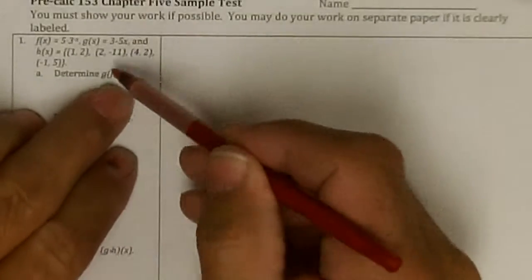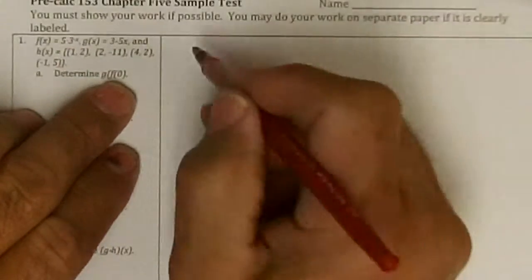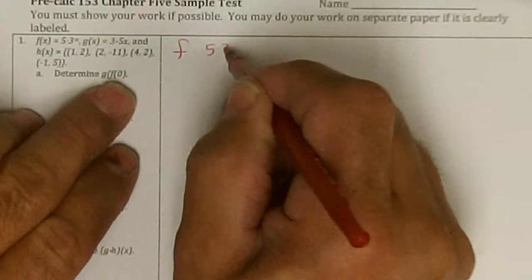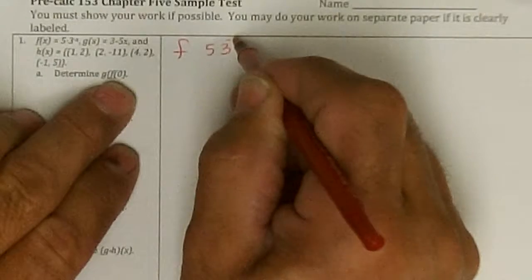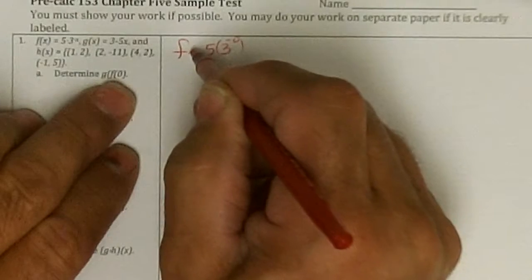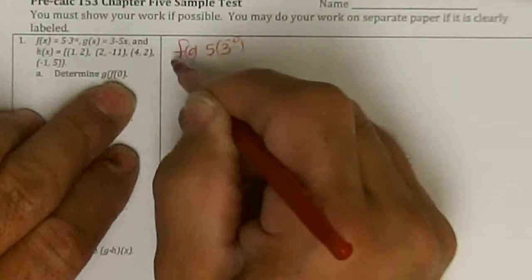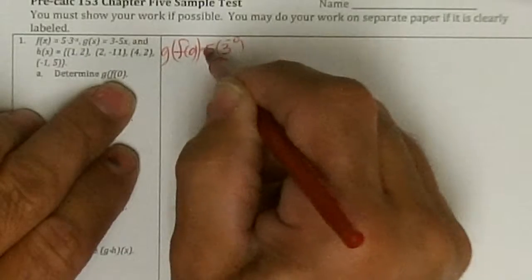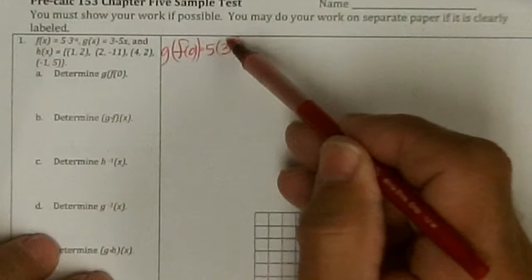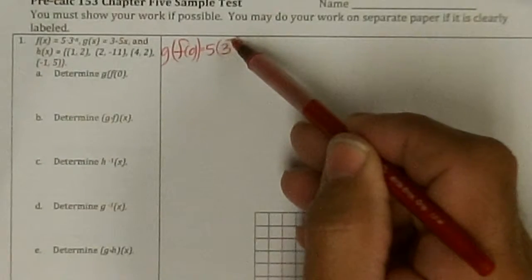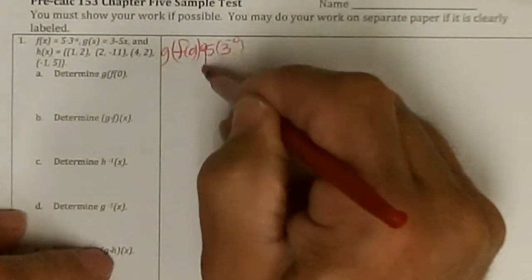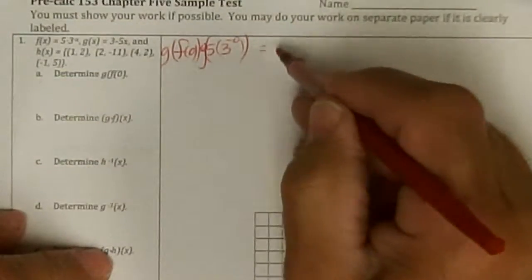So that means put 0 into f, and f is 5 times 3 to the negative x, so it'll be negative of 0, and what we get for that is anything to negative 0 is 0, 3 to the 0 is 1 times 5 is 5, and so we got to take g of 5,